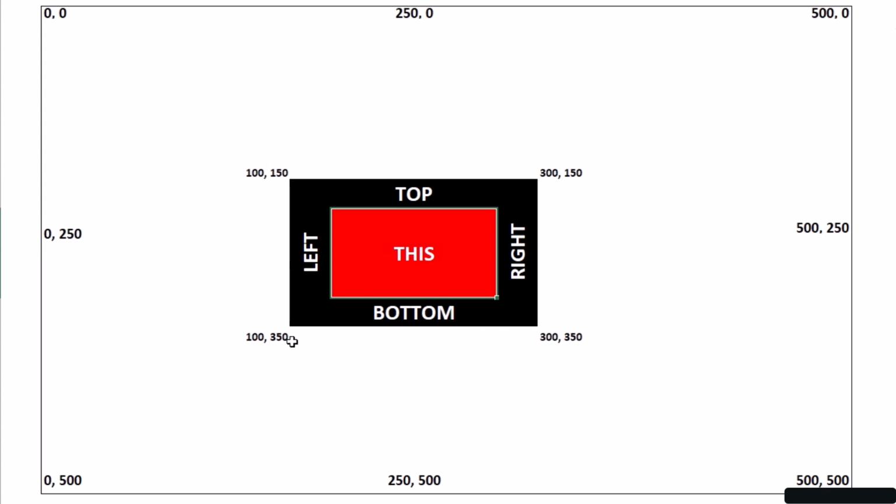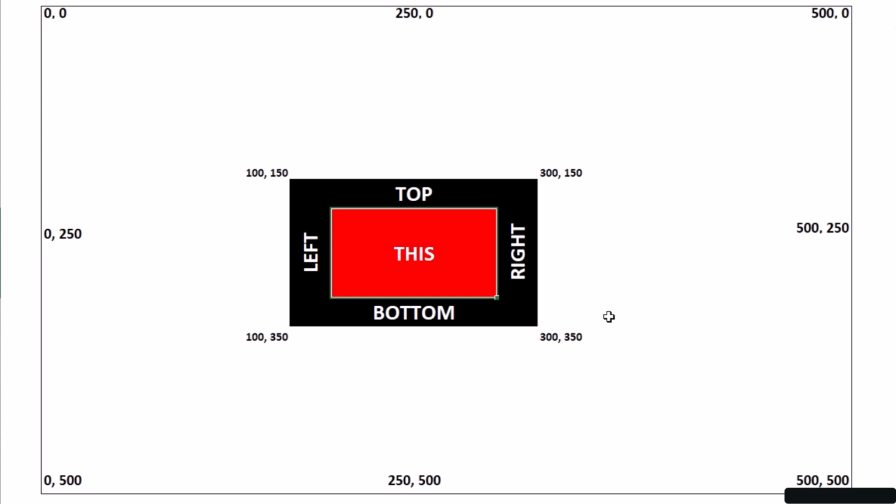By the time we get to the bottom of the rectangle, we've added 200 pixels because that's how tall it is. So it's at position 100 for the X and 350 for the Y. And again, these proportions are wacky, but the math still works, right? And the right side here, we have the same idea going on, okay? It grew by 200 in width, and then it grew by 200 in height. That's why it's 350. So that's our starting point.